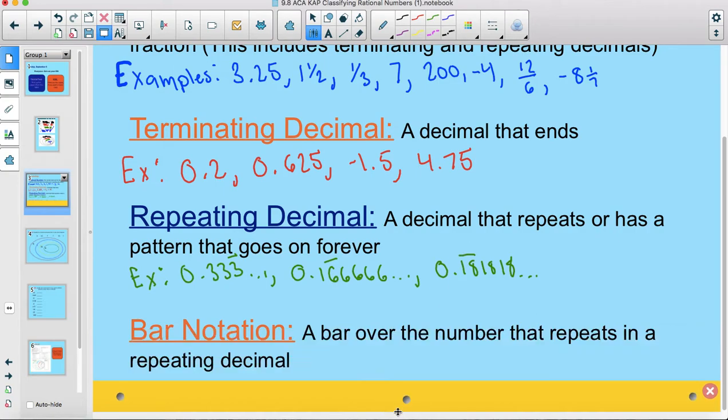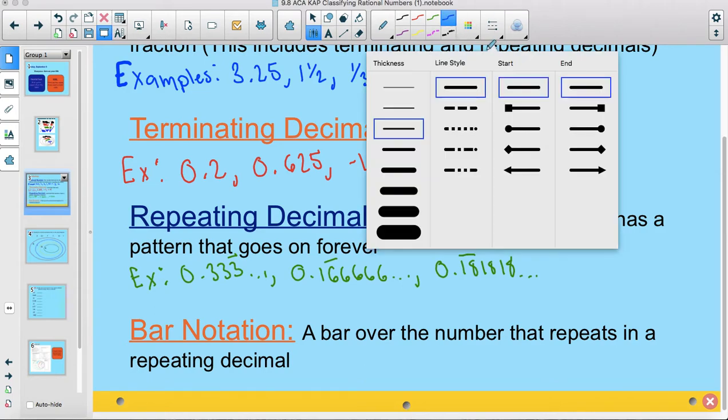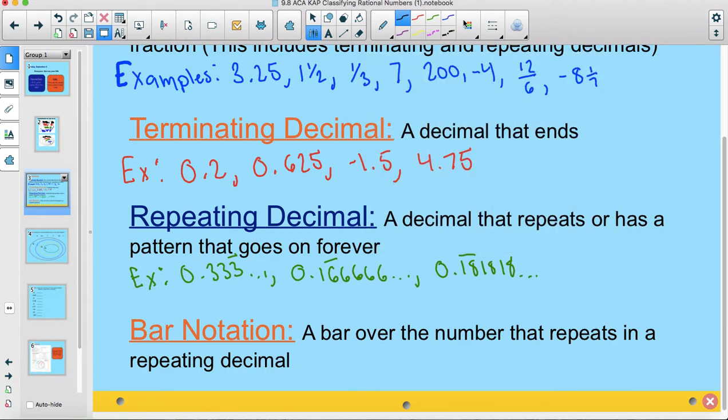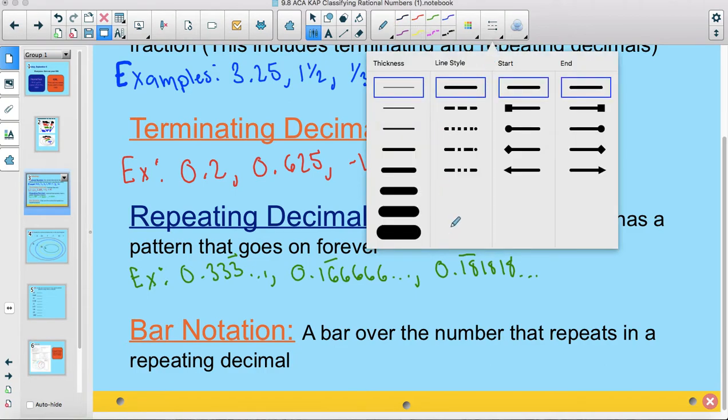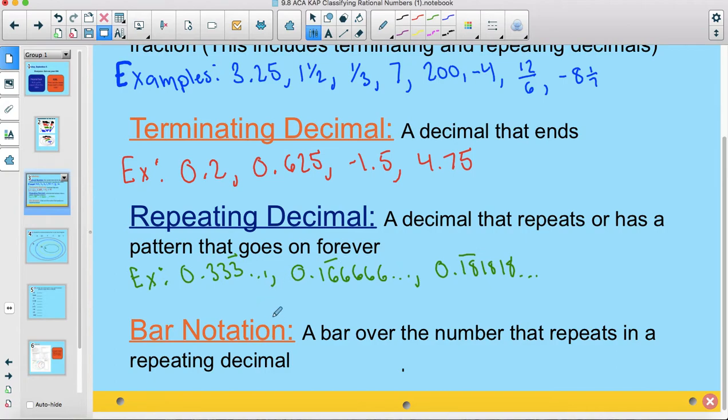And our last definition is bar notation. So bar notation is what you see, what I did in the first one. Here, it's the bar over the number that repeats in a repeating decimal. So you can kind of see I did it up here. This 1.8, I put a bar over it because that tells us that it repeats forever. So some examples would be,